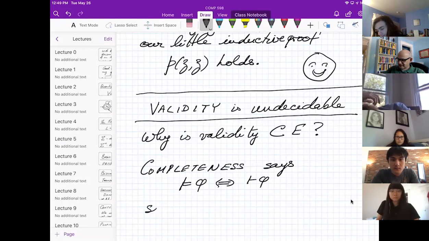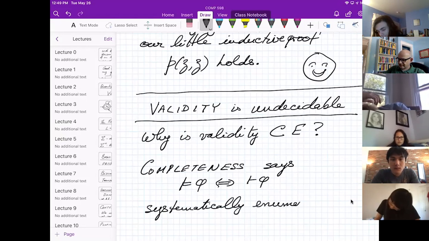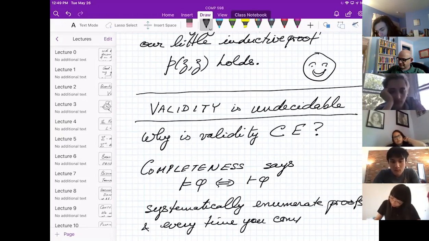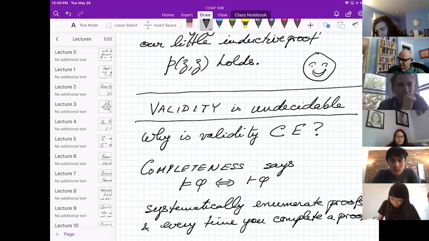So systematically enumerate proofs. And every time you complete the proof construction, output the formula.